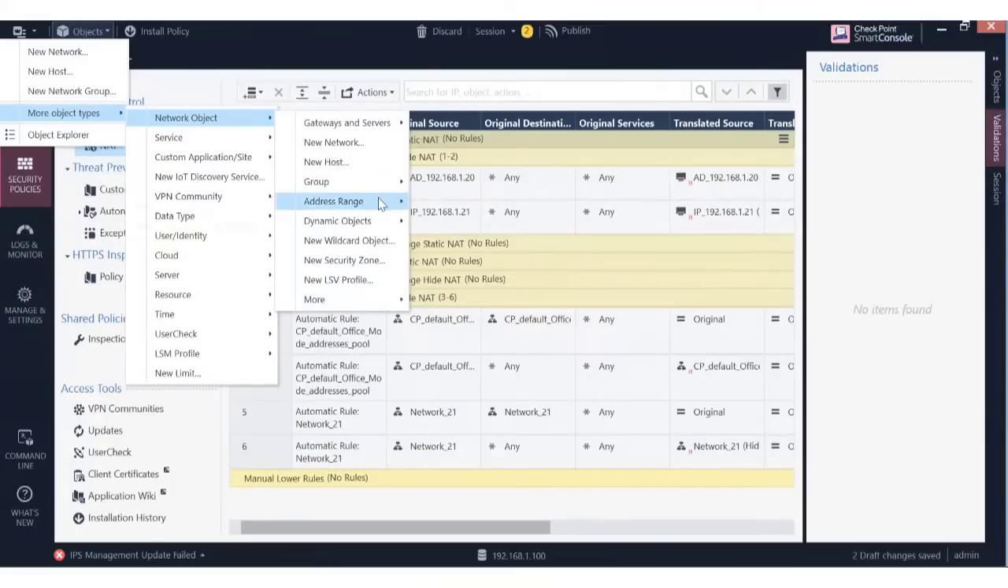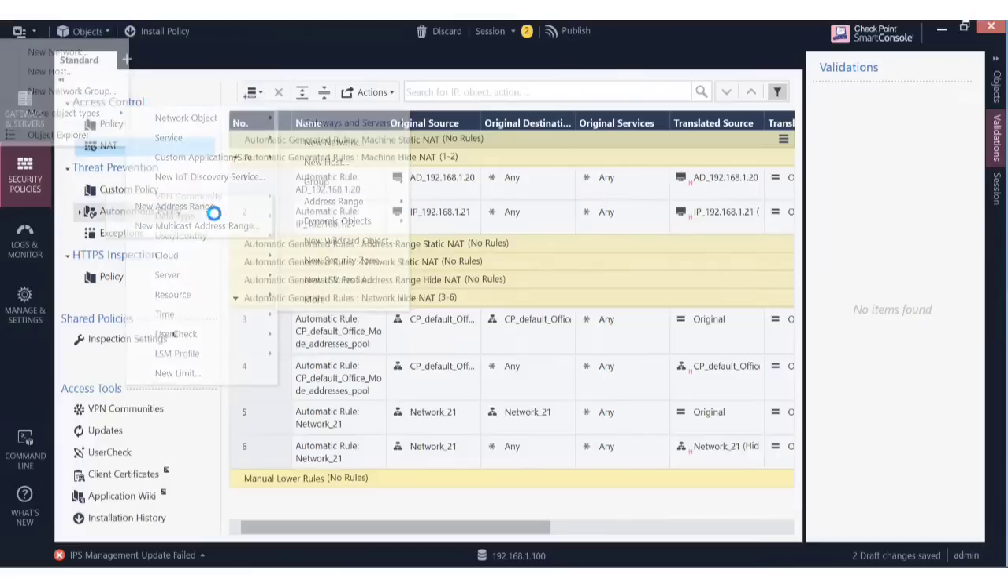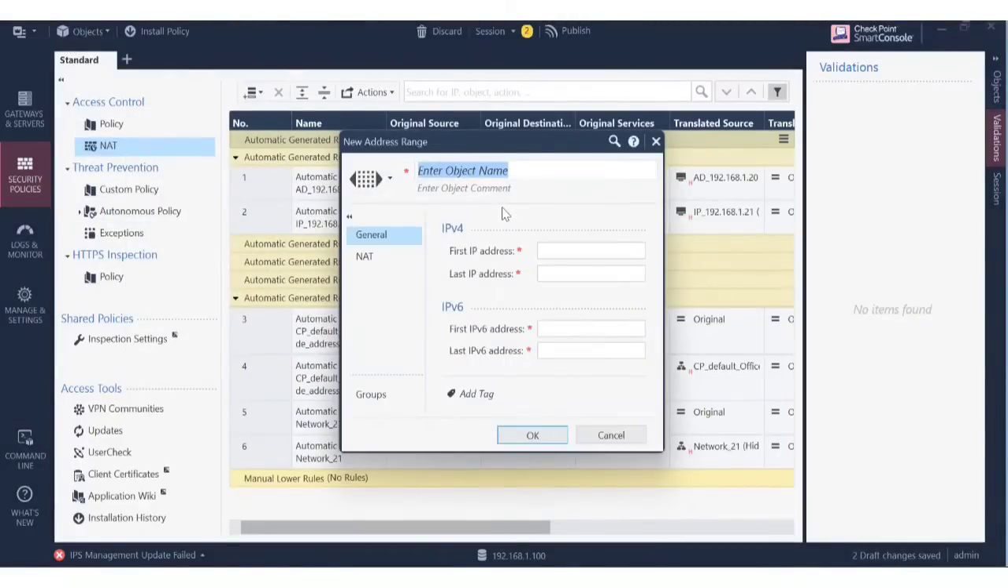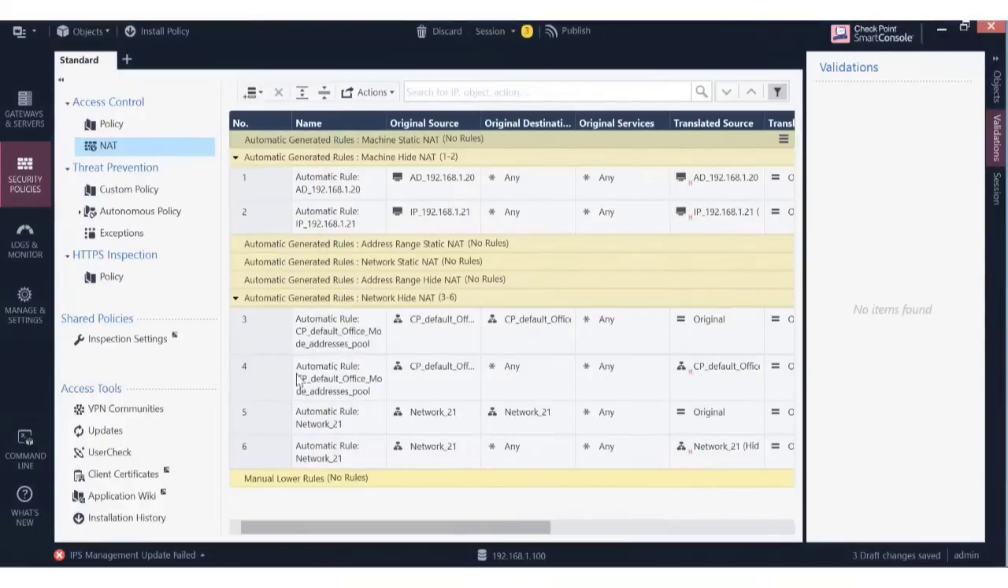If I give the range, I can create an object. Just for now, let's create one range object and give it a range 192.168.2.1 to 192.168.2.10. I just created this object and I want that object to get natted with a range. So what I will do, I will say here under the manual NAT,